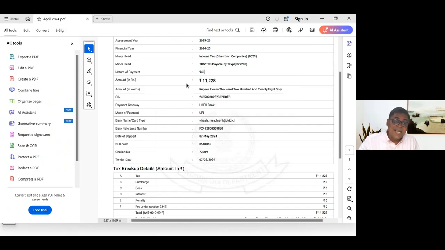That means at the time of making payment, you are required to make the payment on the basis of section. If you have deducted TDS under multiple sections, then you are required to deposit that amount of TDS in multiple challans. That means for a single section, you are required to use a single challan. That means if I have deducted